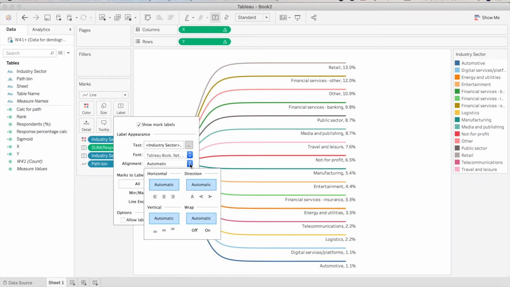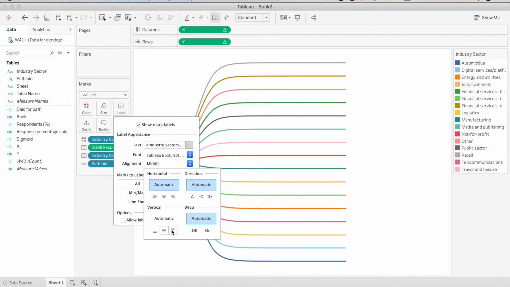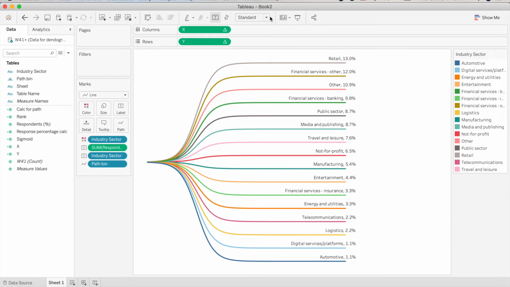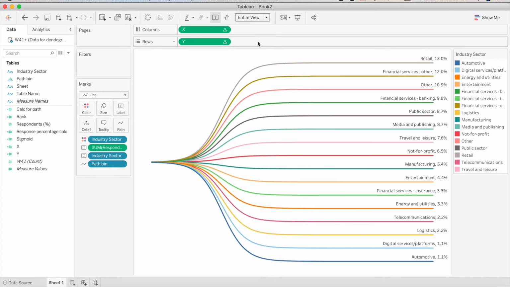Just do a little bit of formatting, and then you will see that your chart is taking the shape that you need. And that's it. This is how you create a simple dendrogram chart.